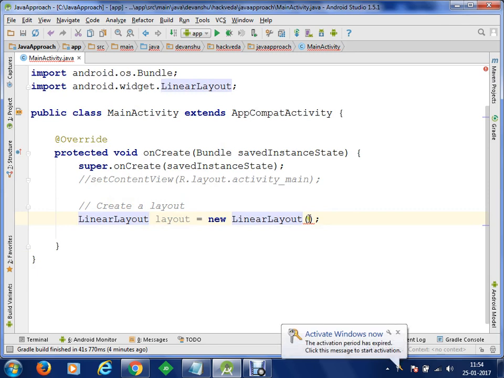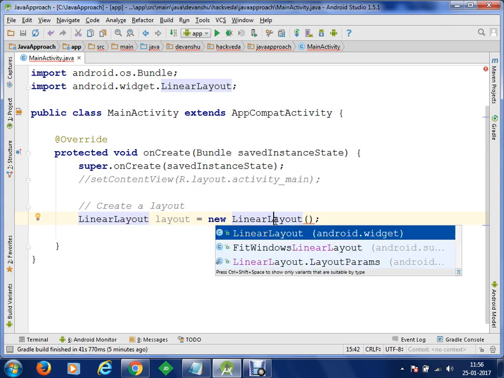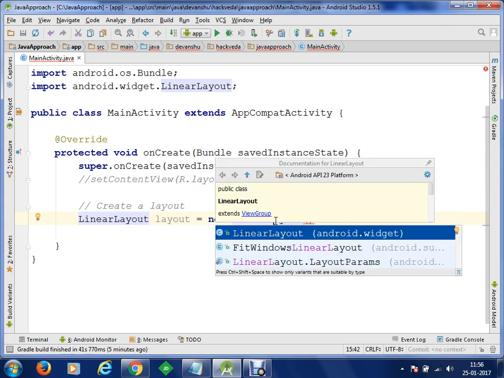Now if you want to get suggestions for this LinearLayout, you can see that in your class new LinearLayout, it requires some information. We can get suggestions here using Ctrl+Space. You can select your class and use Ctrl+Space in order to get suggestions. Now here you can see that for this LinearLayout class you can get the help from here.